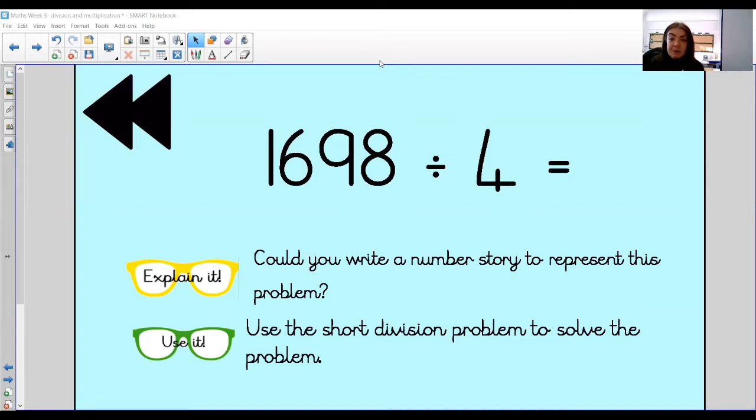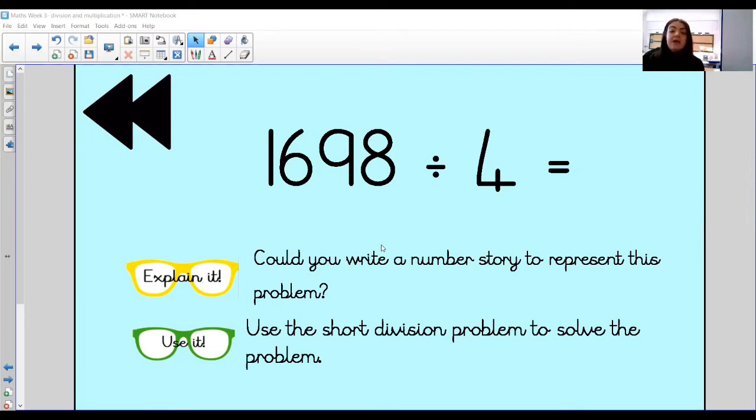Okay, so here is a number sentence. I'm not going to read it. I want you to read it. And I would like you to first, do not just solve it straight away. The first thing I would like you to do is think about what this number sentence is actually telling me. Okay, so I'd like you to write a little number story to represent this problem. So think about the division, think about your whole, and think about those keywords, sharing, grouping. Okay, what is the story behind that number sentence? That's the first thing I would like you to do, a number story to represent what is actually happening in